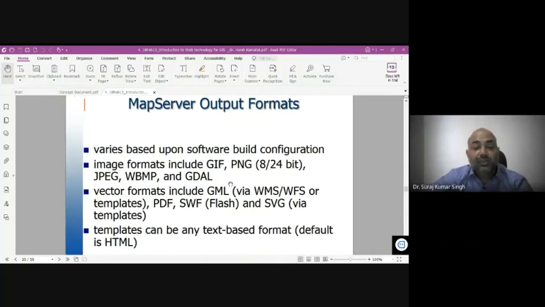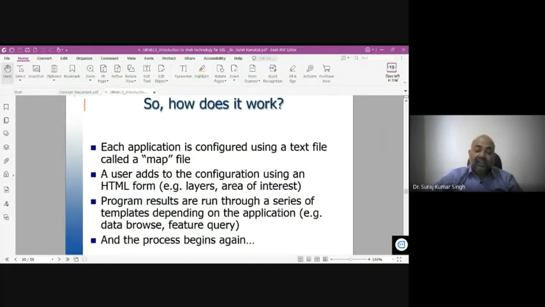Then what are the outputs that you will be getting upon this? Based on your software build configuration, you can generate your output in GIF, PNG, JPG, vector based in GML, that is via WMS, WFS, or templates, as PDF, as SVG, or as templates, and it can be in the form of HTML.